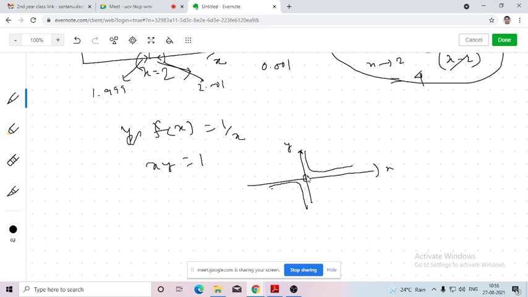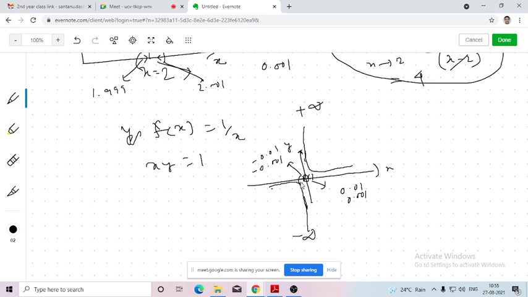Here also at 0 it is not defined. So I will be taking a small interval around 0. In the right hand side, the points will be 0.01, 0.001. These are the small points. In the left hand side, the points will be minus 0.01, minus 0.001, because 0 is the point. If I put 0.01, the functional value will be 100. If I put 0.001, it will be 1000. So as we move towards 0 from the greater values of 0, we will be getting that the functional value is gradually approaching plus infinity. Similarly, from the left hand side of 0, as we approach 0, the functional value is gradually approaching minus infinity.